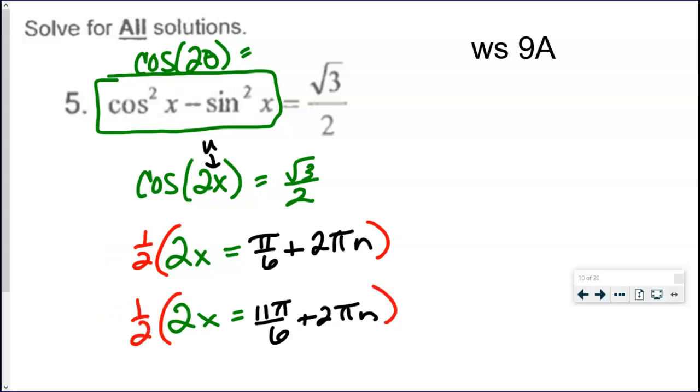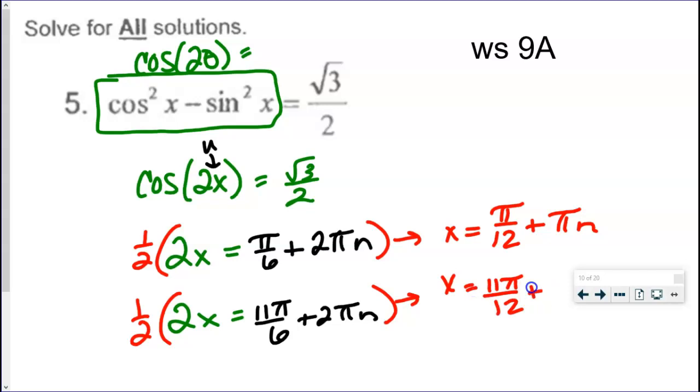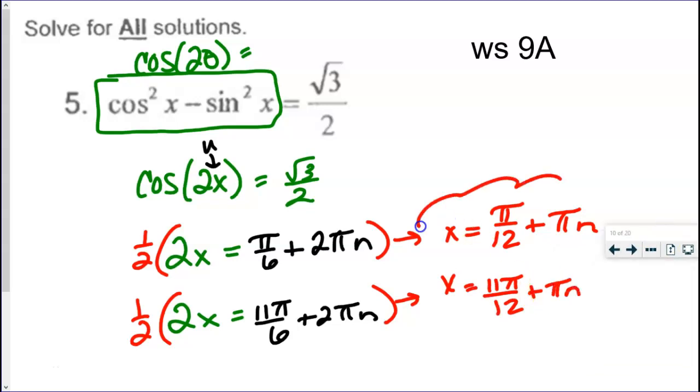And this is what allows you to give the answers. And again, lazy kid notation works for me. So x equals pi over 12 plus pi n, if I hit all these by 1/2. And then this guy becomes 11 pi over 12 plus pi n. Okay, so yay for lazy people. We're done. All right, so very similar to a question we saw in the last test, but now you have